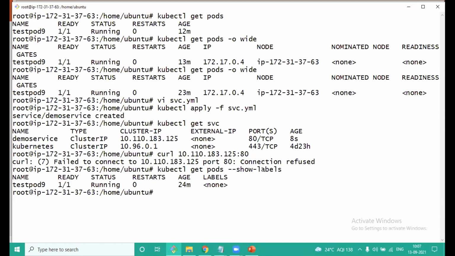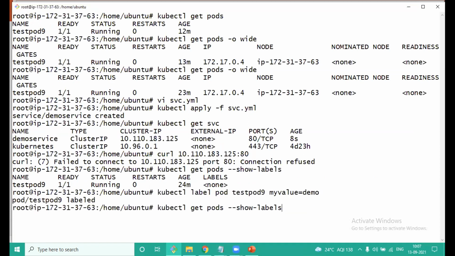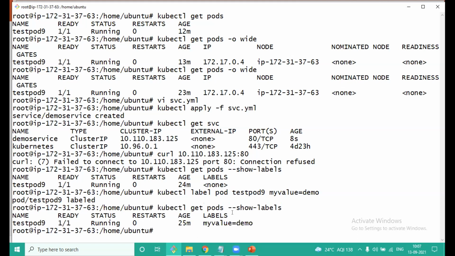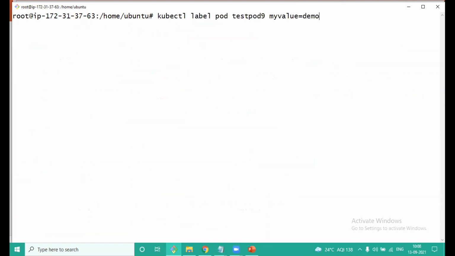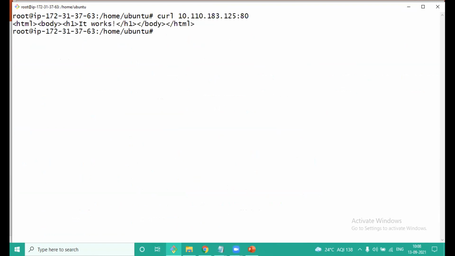I'm just applying the label there. Now if you go back, you can see there is one pod which has this label. Now this is the label that the service is also referring to. And now let me just clear this screen. If I access the pod, you can see now this is your